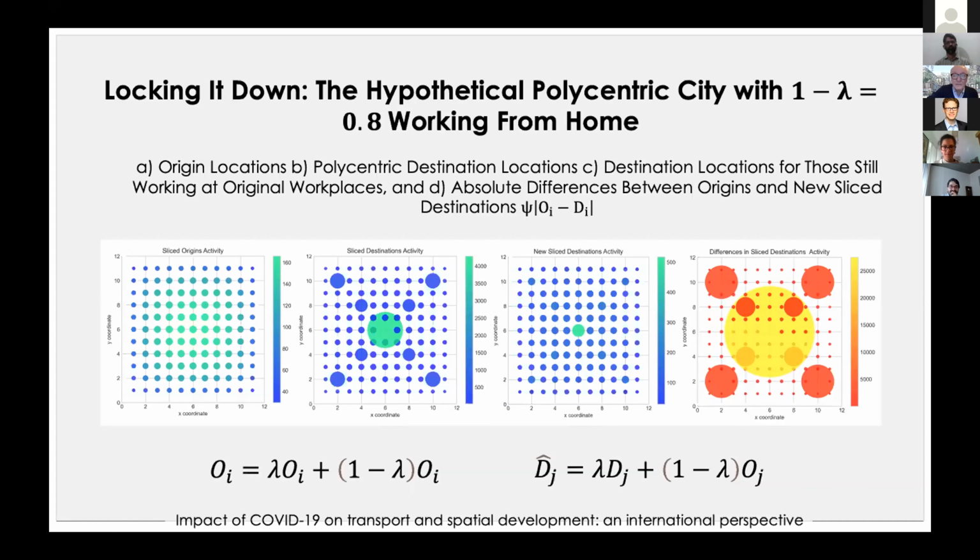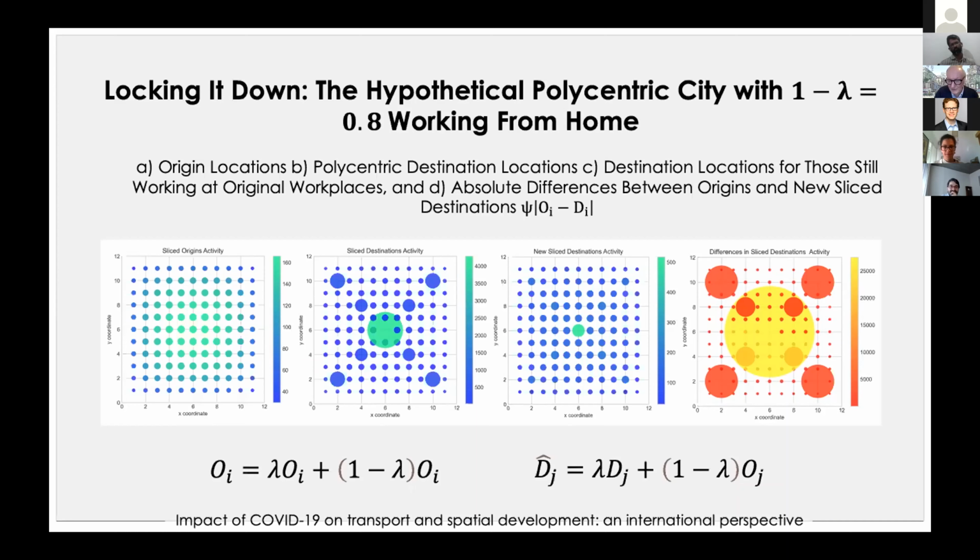The origins are where people live. A proportion of them remain at the origins; in other words, people stay where they live. But a proportion of those who are working move to their origins. So the second equation is essentially that. You probably have to think a little bit about it to get it, but it's not difficult. We're simply moving people from work to home, but they're still represented in terms of the pattern of work.